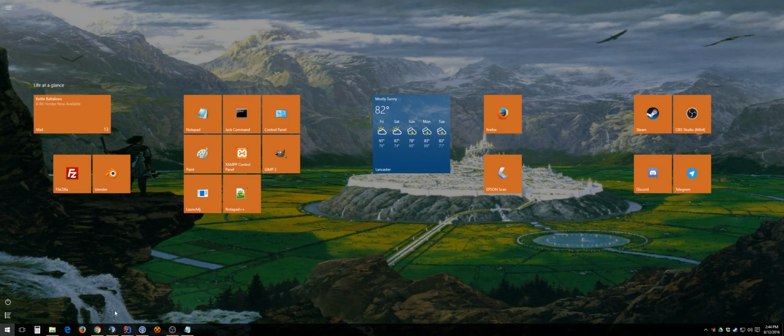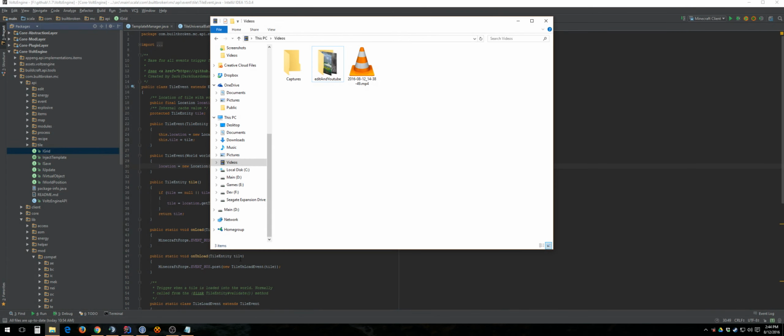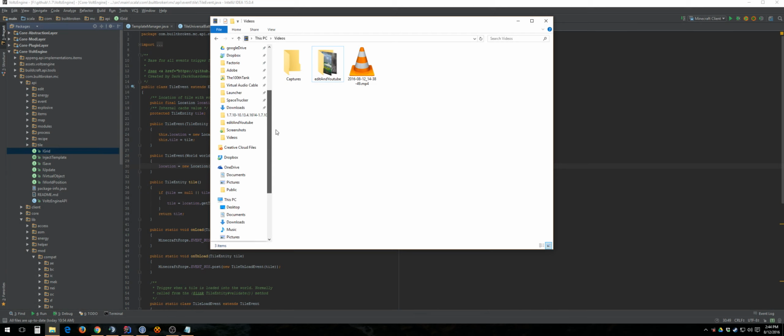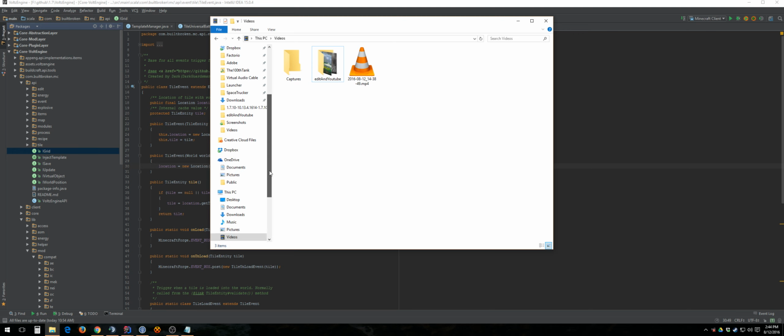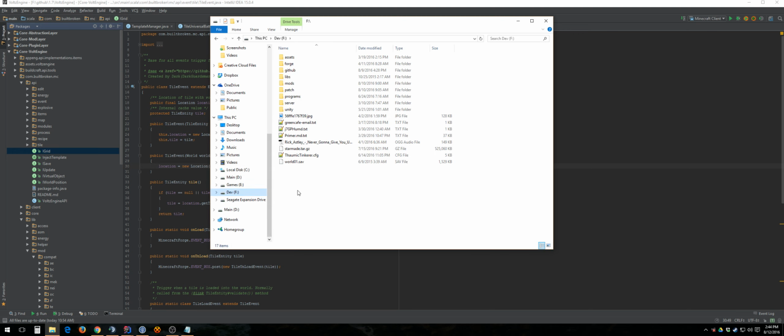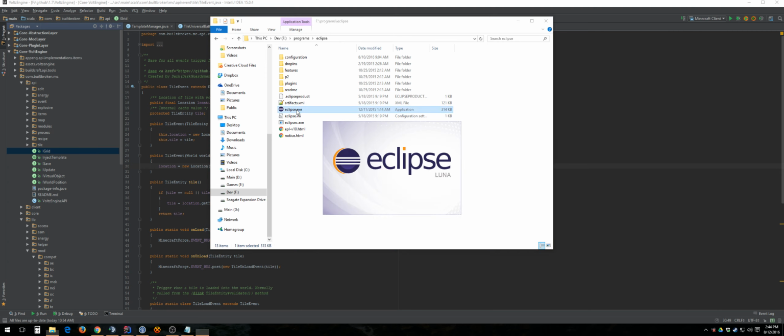Say, for example, let me go dig up Eclipse. I don't have a hotkey for this one anymore on my computer because I've just stopped using Eclipse. Just like NetBeans. I used to use NetBeans for GUI designs. I stopped using it altogether. I found out that the other workspaces I had the same features. Eclipse is in here somewhere. I've got so many IDEs on my computer.